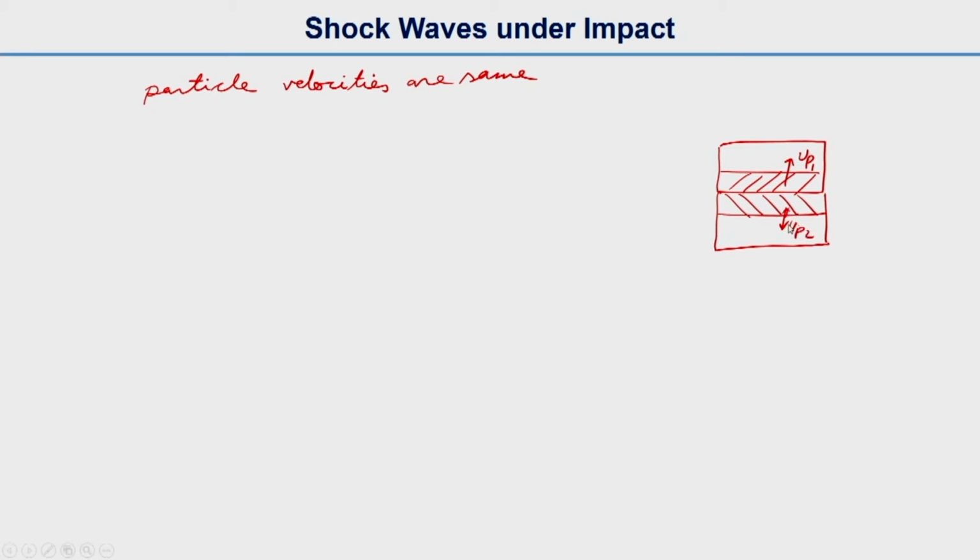So, the particle velocities are the same. To show that, we need to take a fixed reference frame. Suppose this fixed reference frame means this is the observer, this is our observer. So, if it is a fixed observer outside of that,